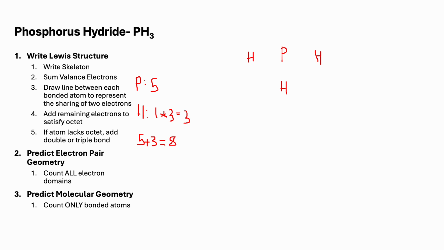Great. And so now we are going to connect our bonded atoms. Each line represents 2 electrons. So that means we just used a total of 6 valence electrons. That gets us to 2. And so we check our outside atoms first. And we say, okay, do they have their full octet? In hydrogen's case, does it have a full duet? And the answer is yes, because this hydrogen is sharing these 2. This hydrogen has these 2. This hydrogen is sharing these 2. So that leaves us with phosphorus, and phosphorus has 2, 4, 6 electrons in its orbit. So it's going to want 2 more to reach its octet,